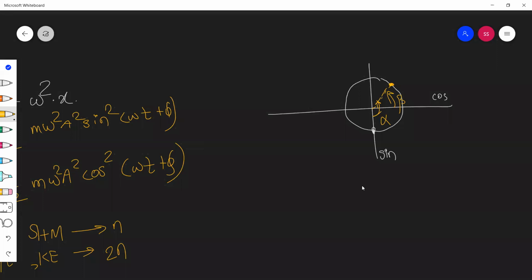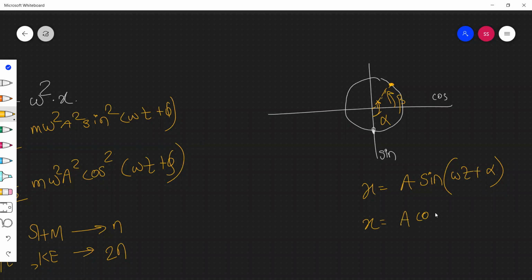Or else you can also take, let us say this is alpha and this is beta, then the displacement x is equal to a sine of (omega t plus alpha) you can write, or x can also be written as a cos of (omega t plus beta), depending on आपको किस बेसिस पे चाहिए. Moreover, I have taken the counterclockwise equation as positive when the particle is rotating counterclockwise with constant omega. इस बेसिस पे आप सब कुछ सॉल्व कर सकते हो रिलेटेड टू द SHM.